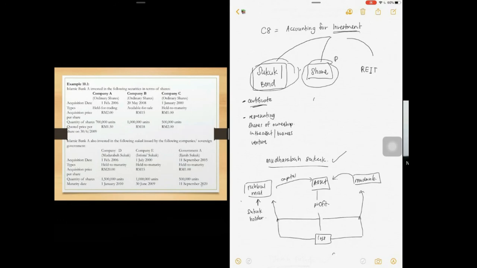Nanti after kita dah belajar calculation, kita belajar the last types of investment, which is on the real estate investment term. Ni real estate tau. Real estate ni tak ada calculation banyak sangat. So dia more to like theory sahaja yang banyak. So 2 ni yang akan banyak calculation sikit. Okay, itu saja.